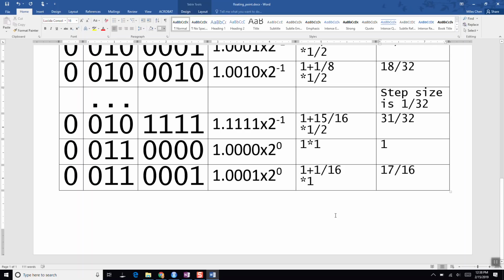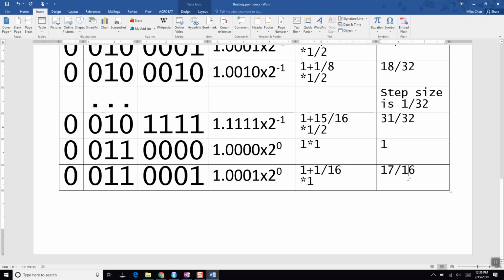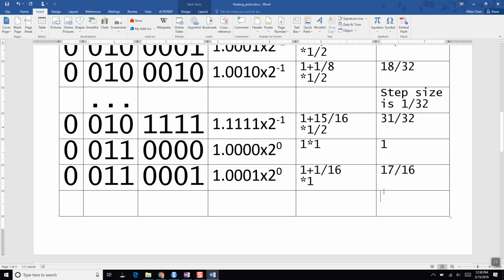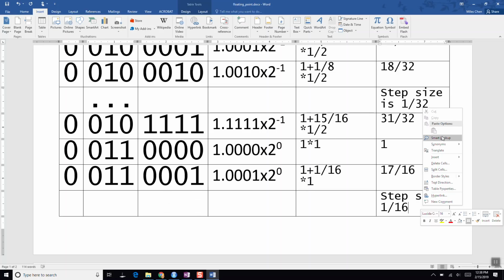So as we've moved up, our step size increases, and so on and so forth. Let me write step size is 1/16, and this pattern keeps going until